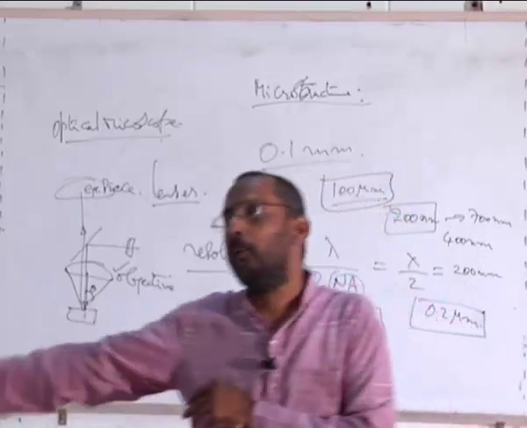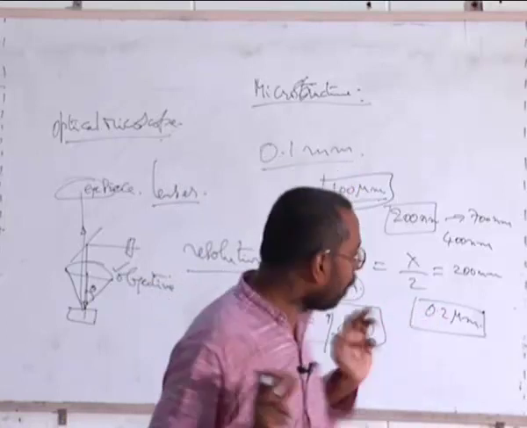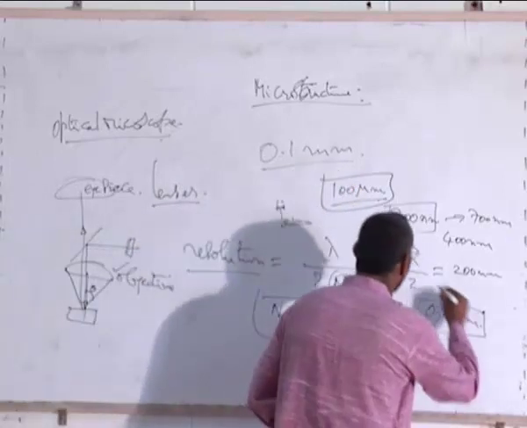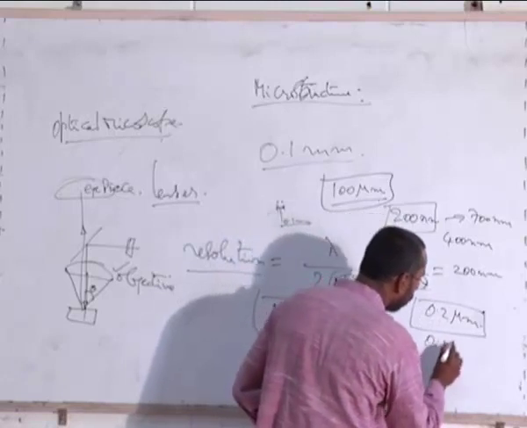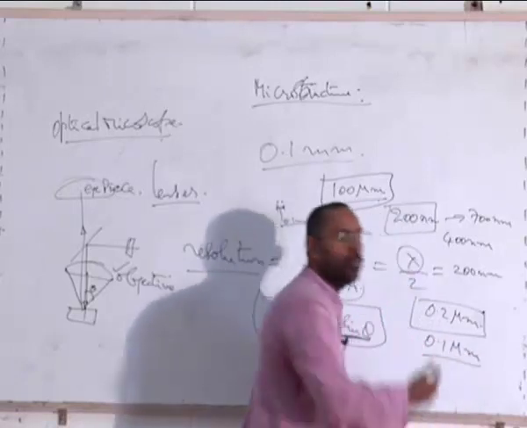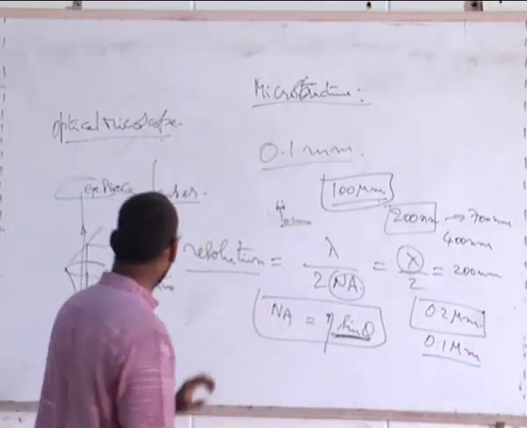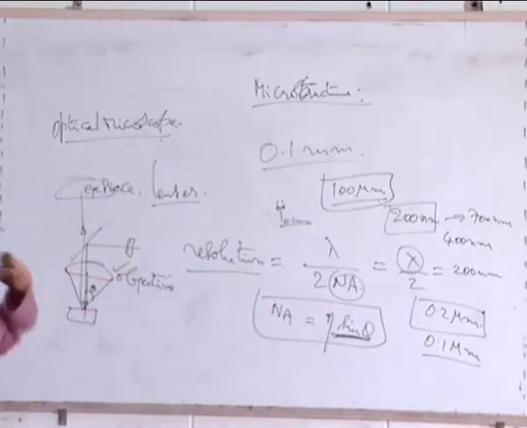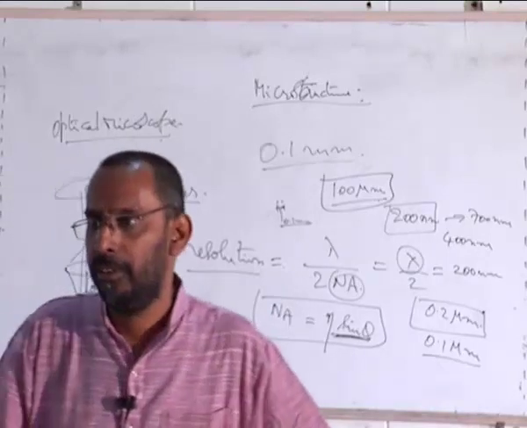Separately when compared to this microscope, which is showing them as blurred images. Sometimes even though your wavelength is 200 nanometers, you are supposed to get 0.1 micron as a resolution. You won't get 0.1 micron. The reason is that the lenses that you are using are not perfect. Each of these lenses has certain aberrations.